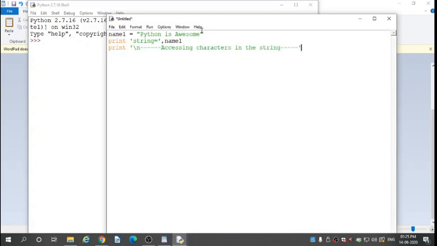Enter, print in single quotes \n display first character using index position.